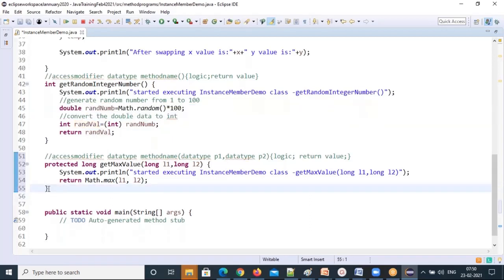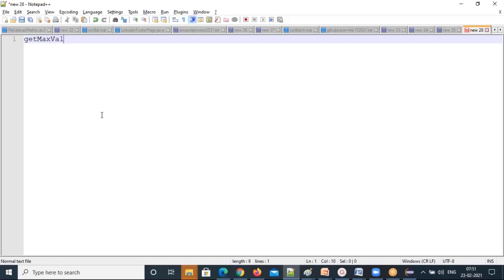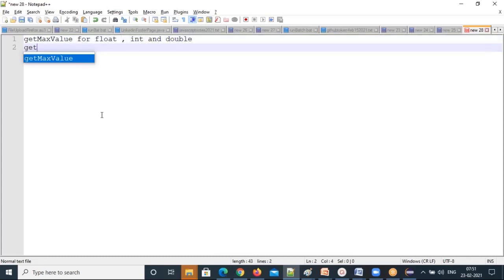Okay. And another exercise can you all take up? First, 3 methods you need to create related to max, and 4 methods related to minimum. All are return type. And the 5th method is to convert the Celsius degrees temperature to Fahrenheit. That's another exercise. I want you to do all these method exercises and send them to me. Okay, did you all note down? What is the first method? Get 3 types of max value out of 4 types. One I have given, long I have given. So you have to do float, integer and double. You have to do the same to get the minimum value. This is the method name.